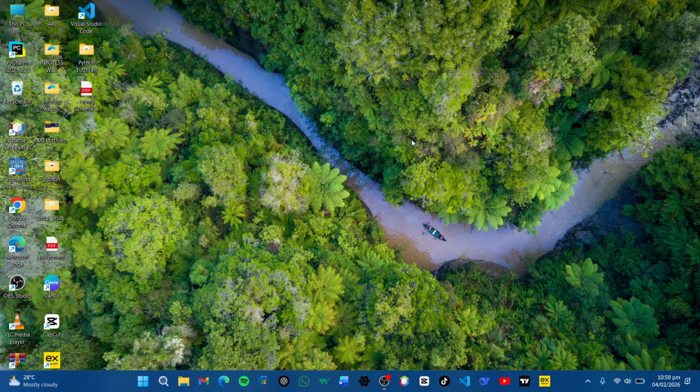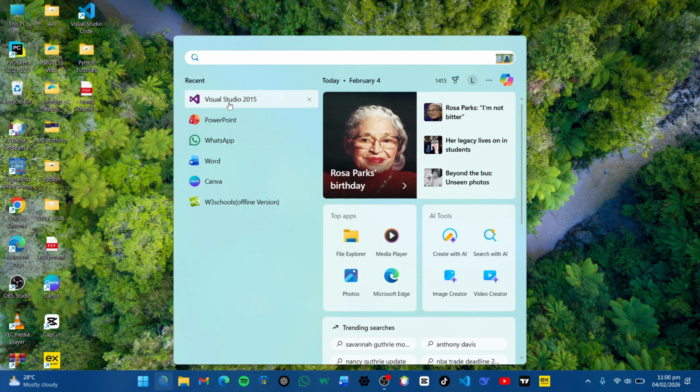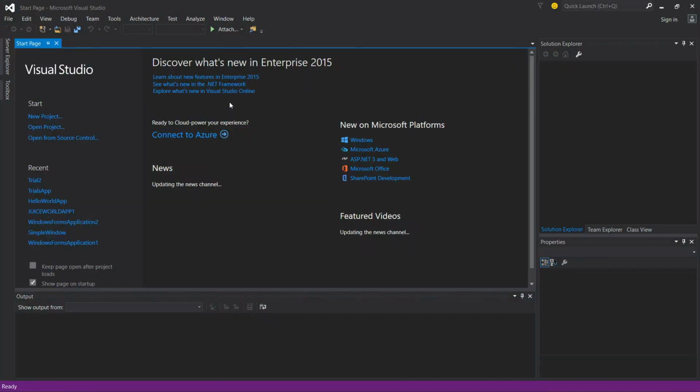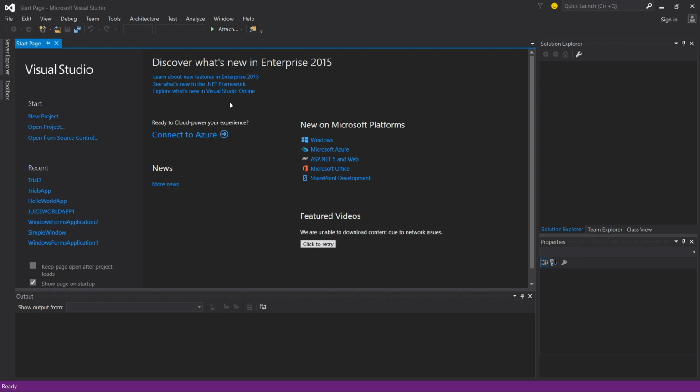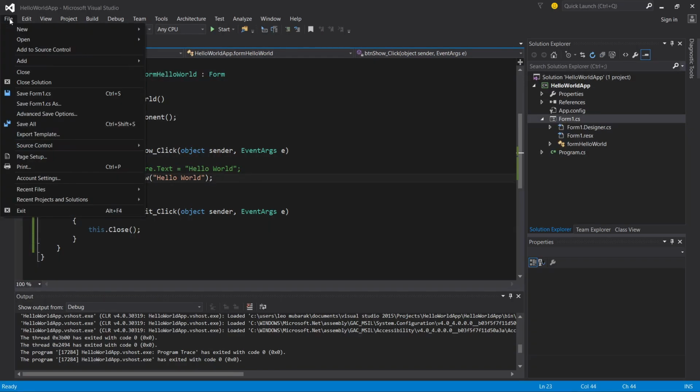So the first thing you have to do is open your Visual Studio. So I have it here, my Visual Studio. This is the interface that you're going to see when you launch Microsoft Visual Studio. So the first thing you have to do is to create a project. You can go through the same process again: go to File, New, Project,